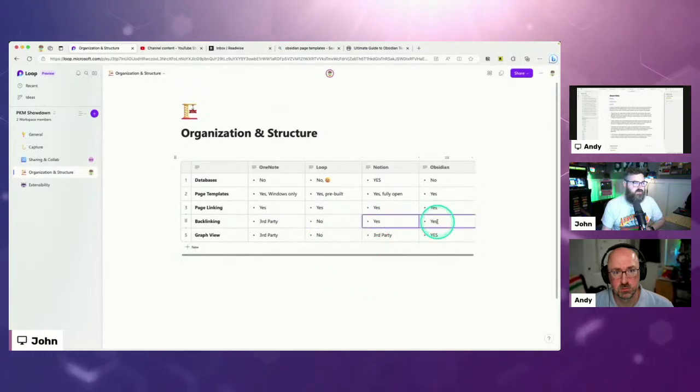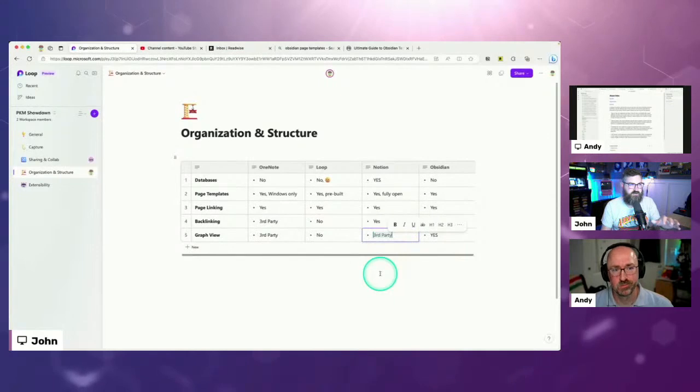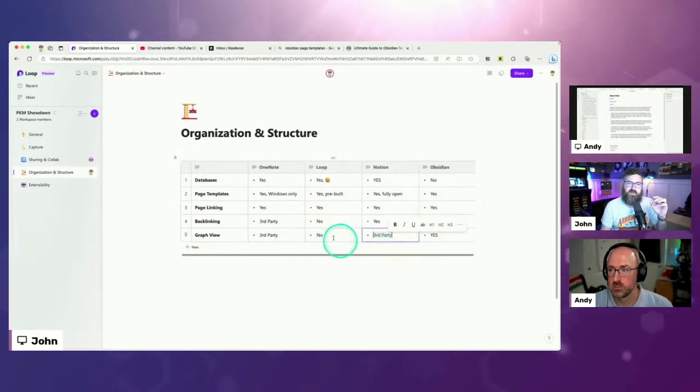And then it's native to Notion and Obsidian. When it comes to that graph view that Andy showed, that's available natively in Obsidian. It's a third-party application in Notion. I looked at it a little bit and it looks pretty complicated. I think you have to register an application to use the API through GitHub and stuff.